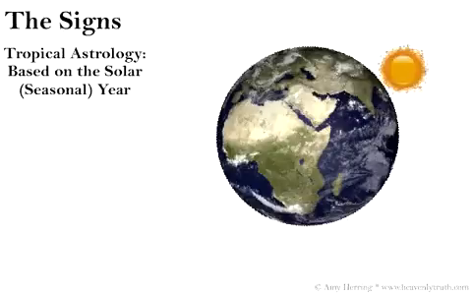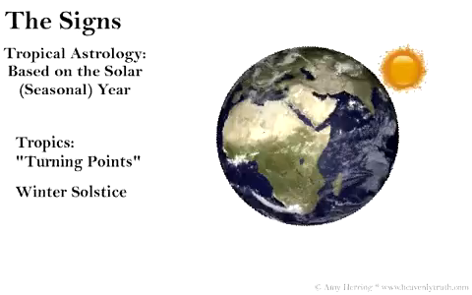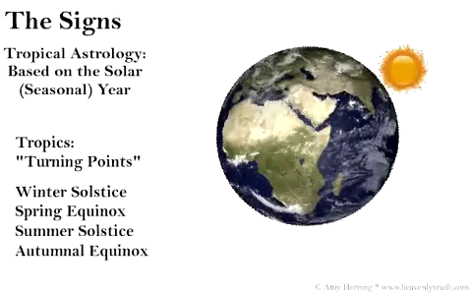and winter. Now I'm sure you've noticed that the Sun seems to rise and set at a different place throughout the year, sometimes reaching high into the sky before setting, and sometimes never getting very high at all. The amount of sunlight we get in a day also varies throughout the year. There are 4 turning points, called tropics, that are typically marked on our calendars, and they highlight the peaks in this rhythm of light. These are the winter solstice, the vernal or spring equinox, the summer solstice, and the autumnal